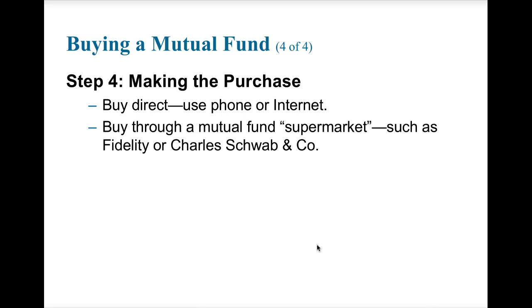Okay, so finally, step 4, making the purchase. Well, probably the easiest way is to buy through a brokerage like Fidelity or Charles Schwab, the two lowest cost, biggest, most well-established discount brokers that you can easily buy mutual funds from. You can also buy mutual funds directly from the mutual fund company, but I don't recommend it because of the additional paperwork and tax filing requirements when you buy direct. It's always easier to buy through Charles Schwab or Fidelity